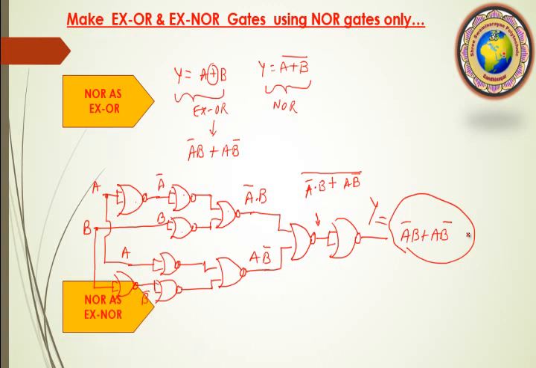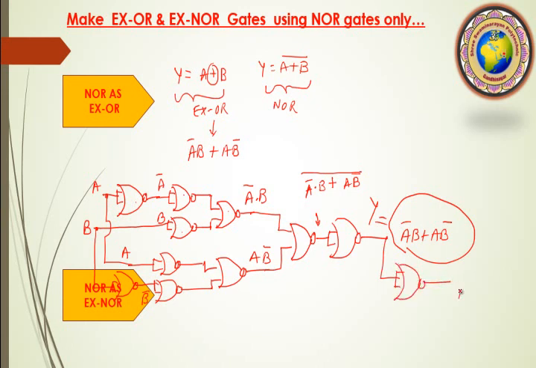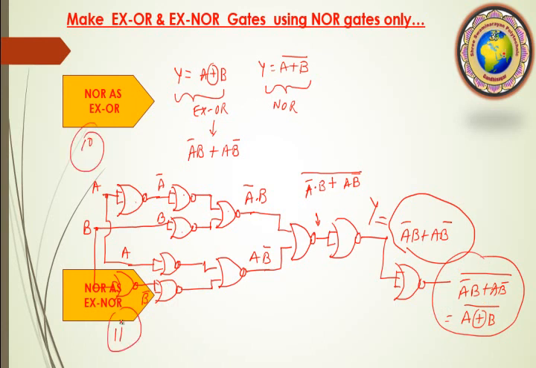Okay, and suppose we require XNOR. So one other gate here, I take a bar b plus a b bar whole bar, or we say a plus circle b bar. So this form is called XNOR. So here I require 11 gates, or here I require 10, but this is too much. So I want to reduce this circuit by using a different way.